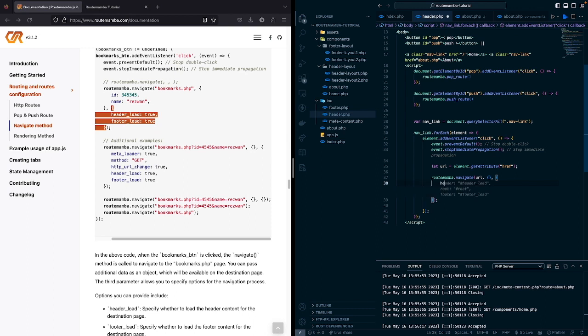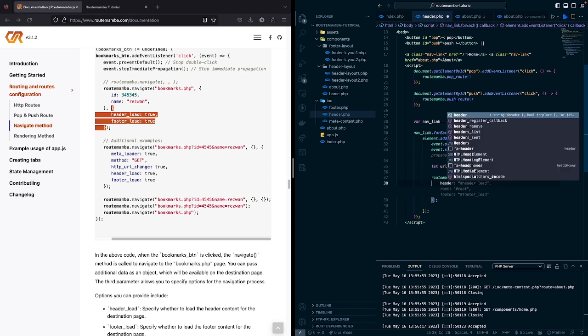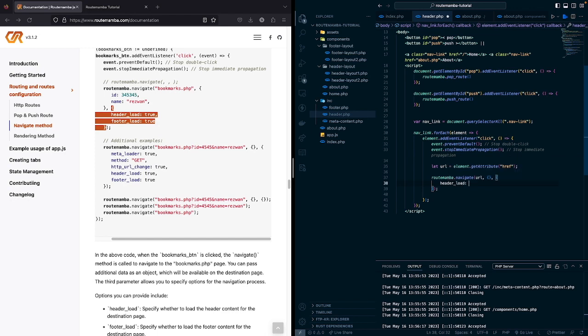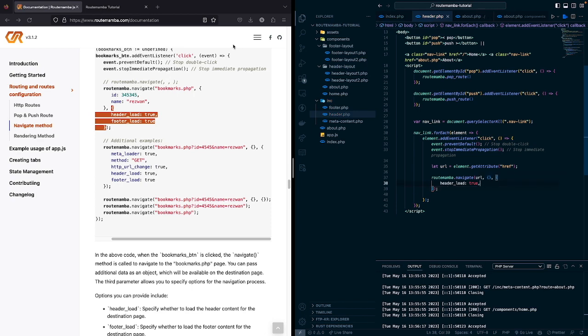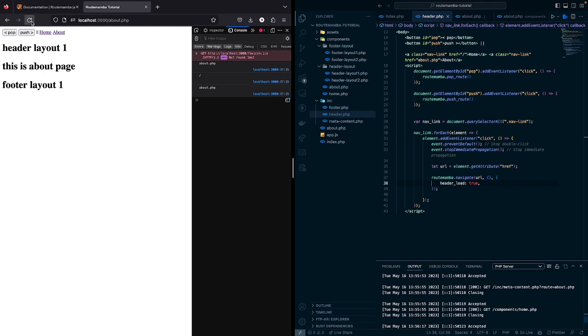We can do header load true. So if we set header load true, what are we going to do here? Okay, let me show you something. If I refresh it again,